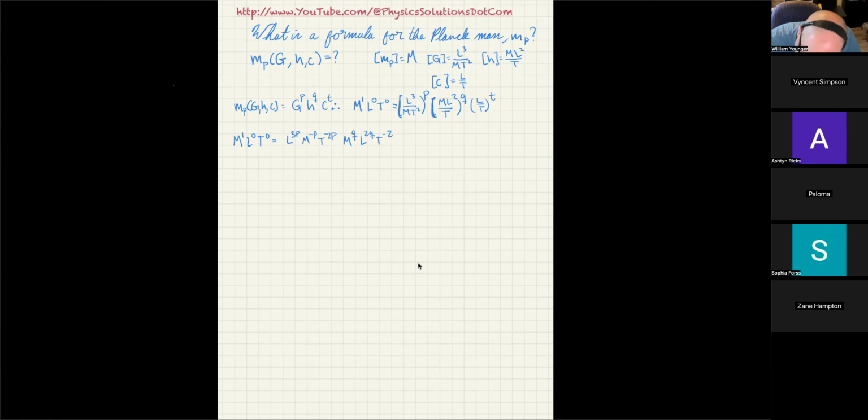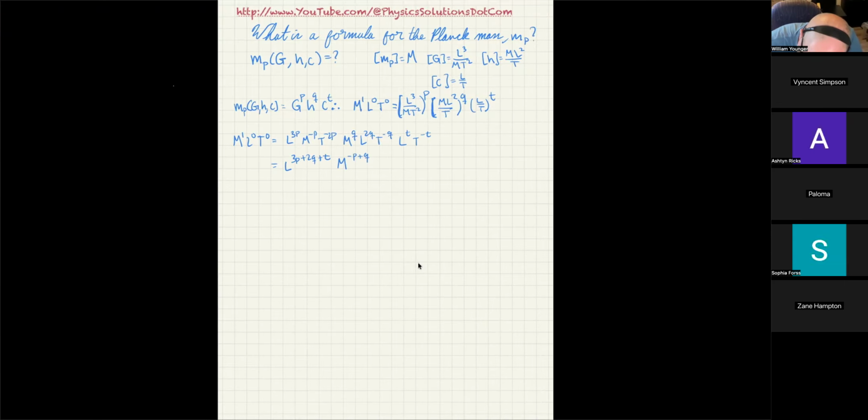Or excuse me, negative q, not negative 2, and then I wrote negative 2, to the negative q power. That's right. And then for the third factor, I've got L to the t, and t to the negative t. So now I'm going to combine all those and say L is to the 3p plus 2q plus t power. I'm going to say m is raised to the negative p plus q, and that's it.